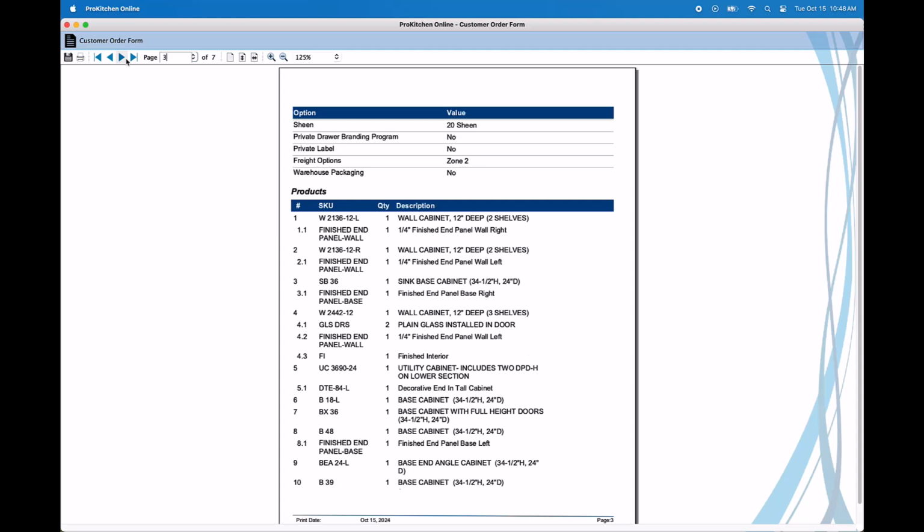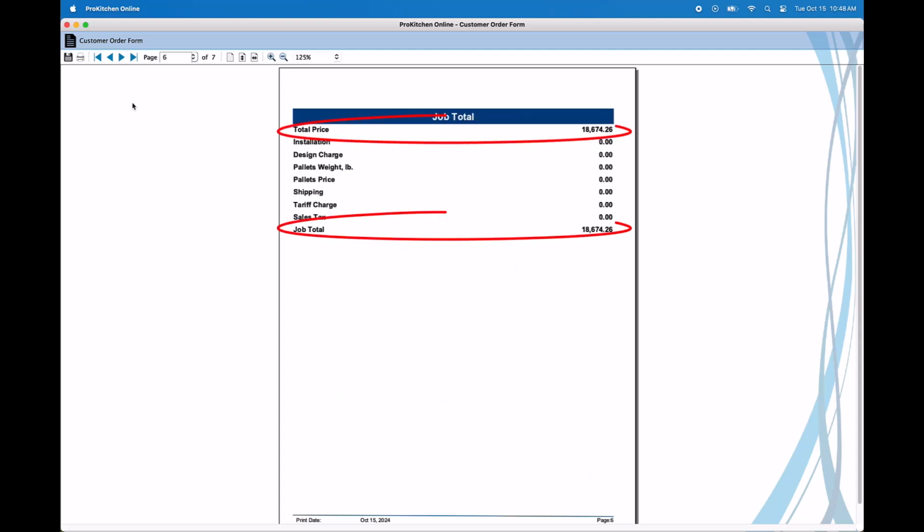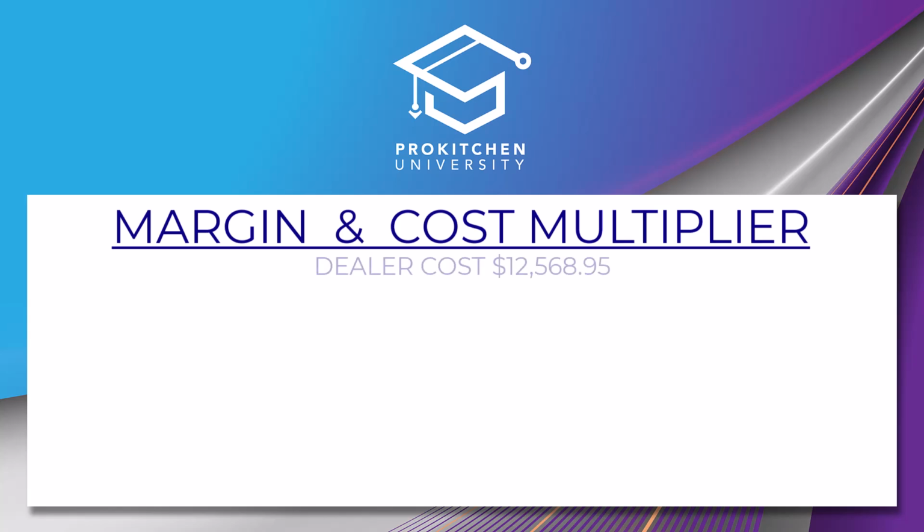Cycle through the customer quote and see your customer's cost. Let's look at the report generated for this design and check the math on the results. We know our dealer cost was $12,568.95. The profit margin applied was